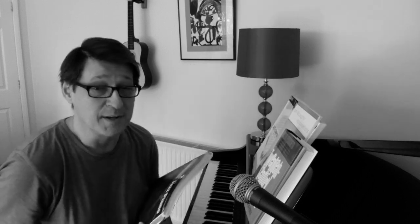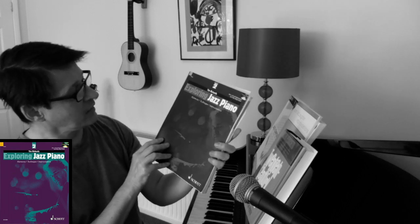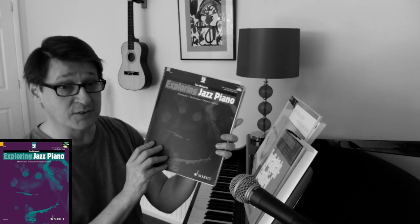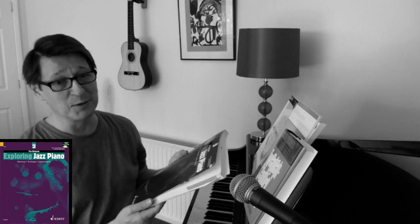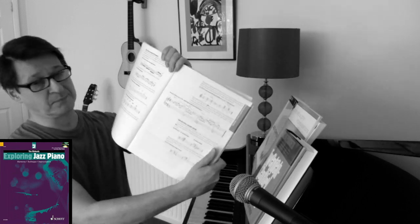At number 3, I use this book. It's called Exploring Jazz Piano, volume 2, by Tim Richards. I have to admit, I use this book all the time. Every time I look through it, I find something new. So there's lots of stuff like